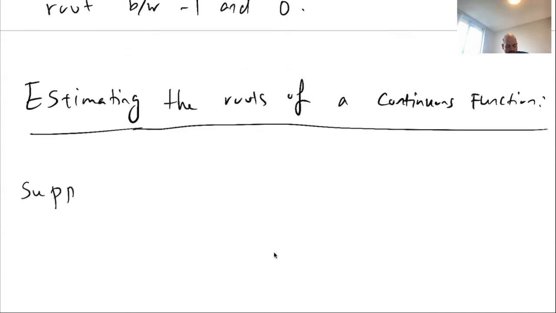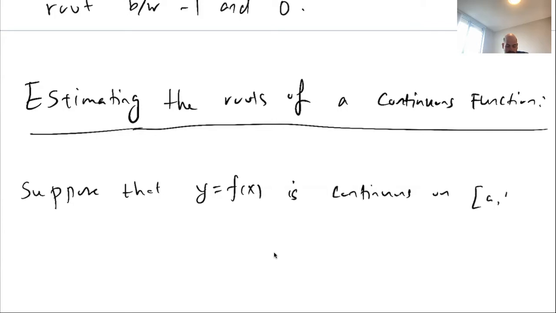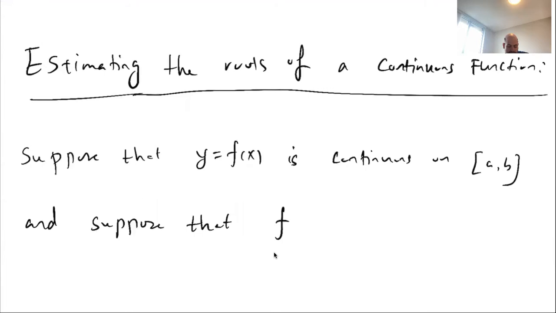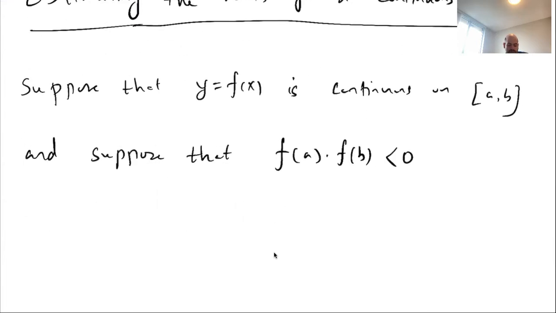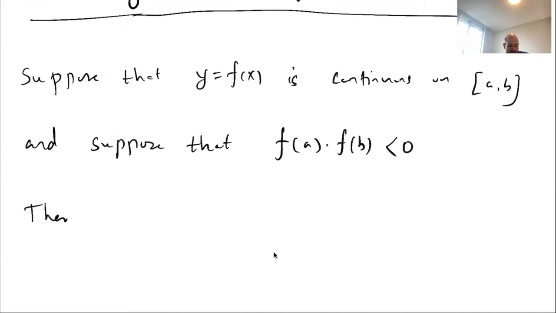So again, suppose that y equals f of x is continuous on a to b, and suppose that f of a times f of b is less than 0, then by the proposition above,